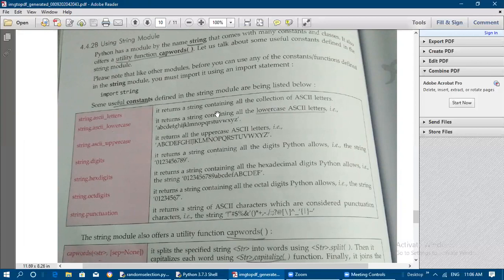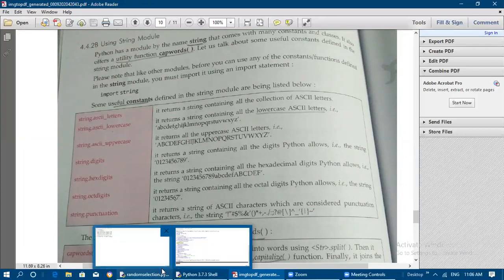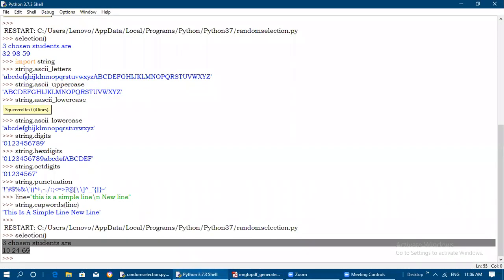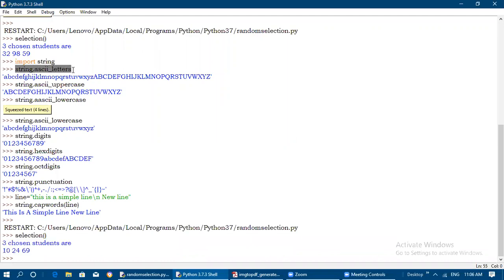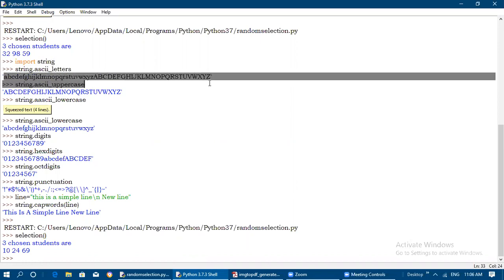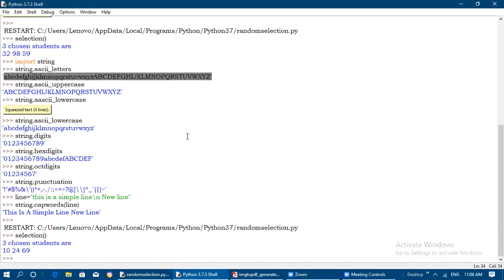If you want to return a string containing the collection of all ASCII letters, you need to give string.ascii_letters, everything in small letters only. After importing string, string.ascii_letters generates all the alphabets in lowercase and uppercase together, both displayed here.